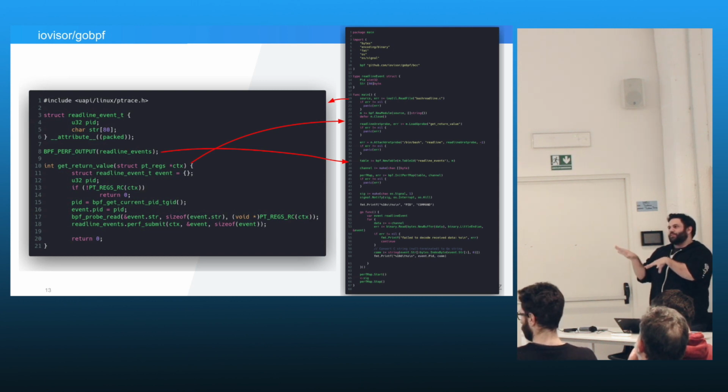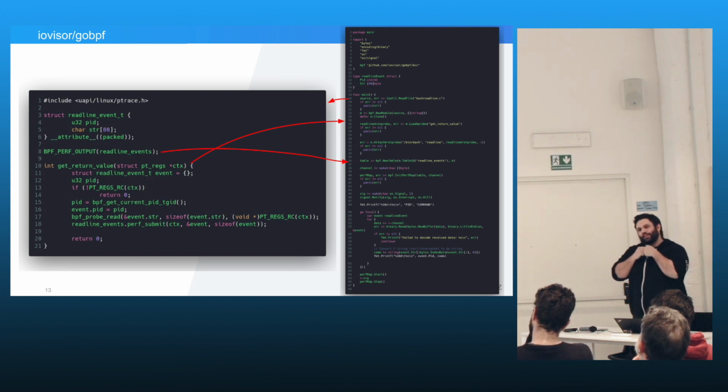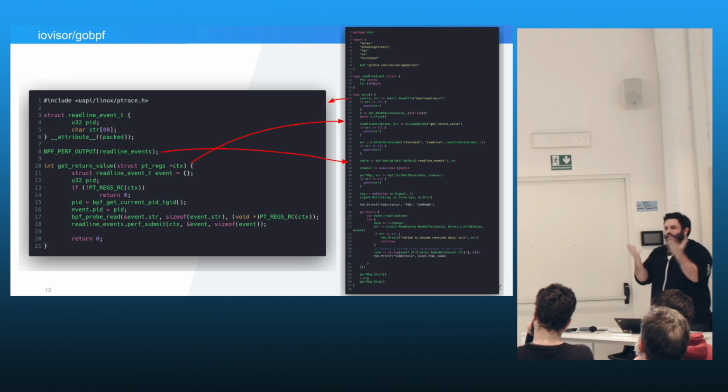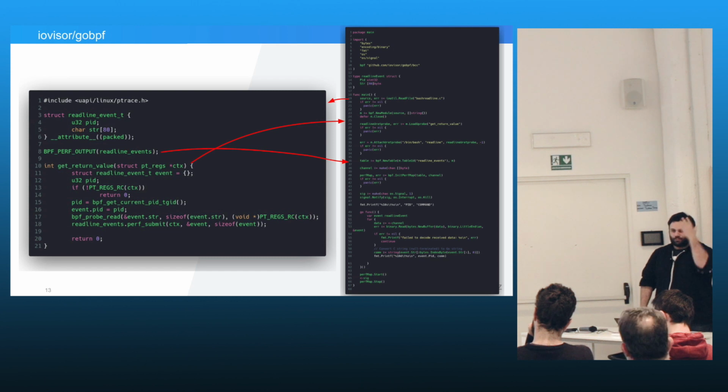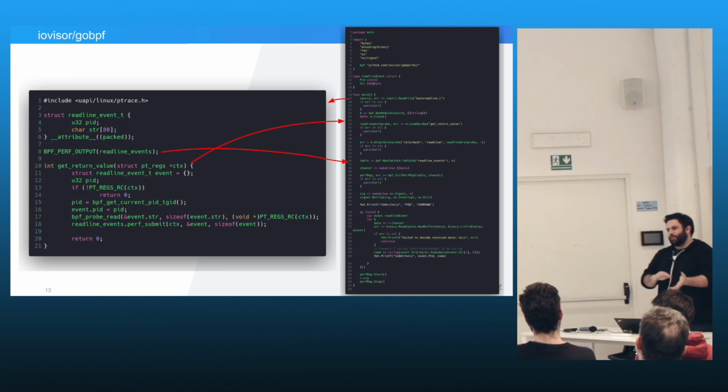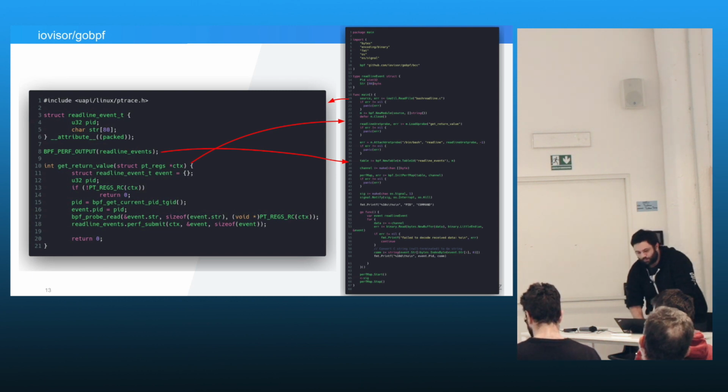One of the ways I like to use this is that I compile my program beforehand and then just load it, because the Go runtime becomes much easier when you don't need Clang. You don't want a Docker image with gigabytes of Clang and these kinds of things. So I just compile the program before and I load it. But in this example here,